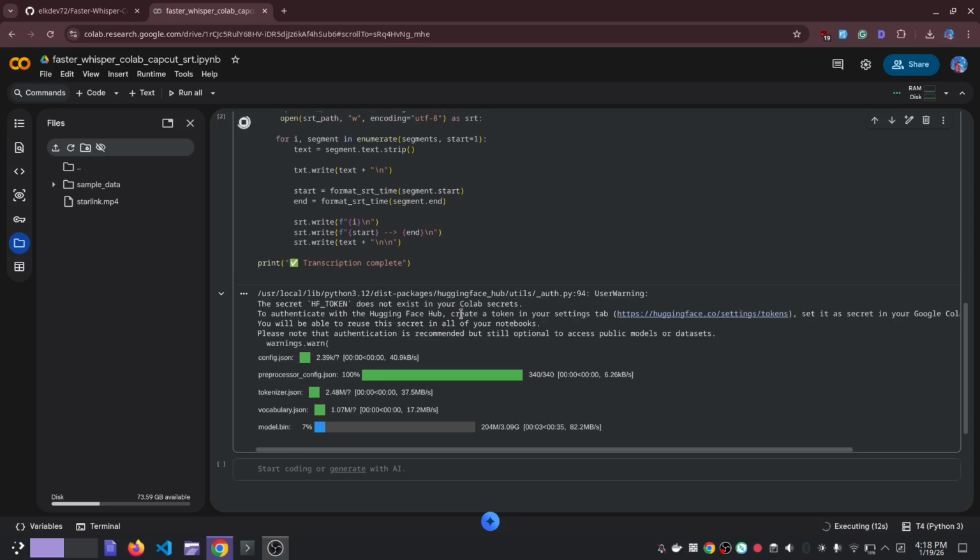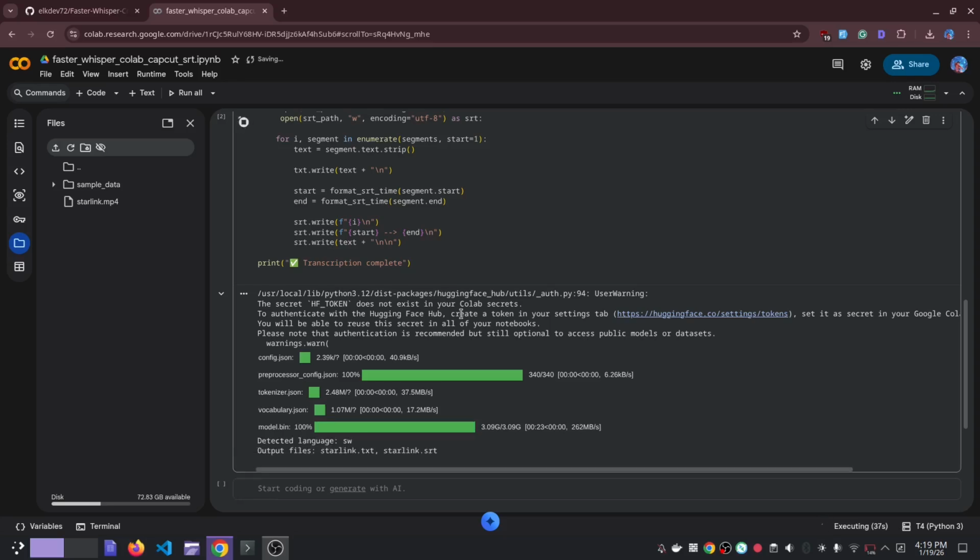Okay, so it's installing the model. It's about 3 GB, but it's not going to take a while because it's not local. We're utilizing the power of Google Colab. For me as a creator, the subtitle file is really important for me because it really saves a lot of time.